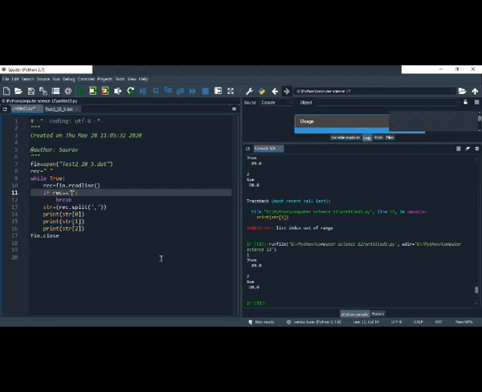So can you see now that I am accessing each of them one by one? When the record is not there, it will stop printing.